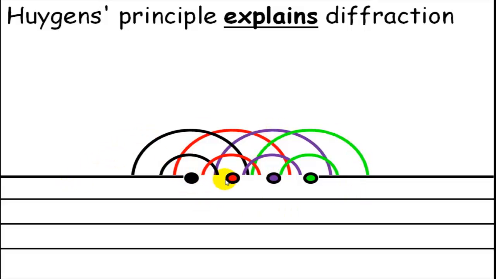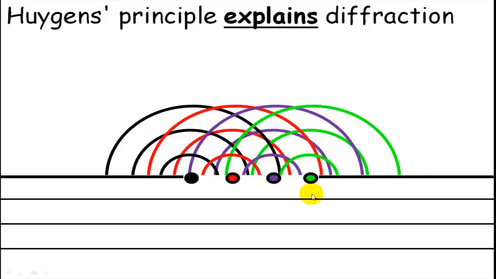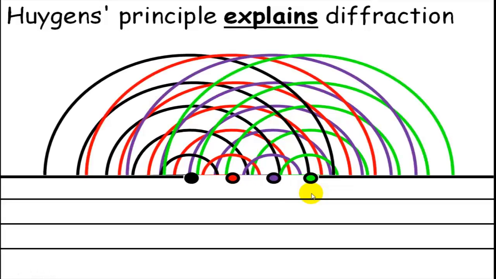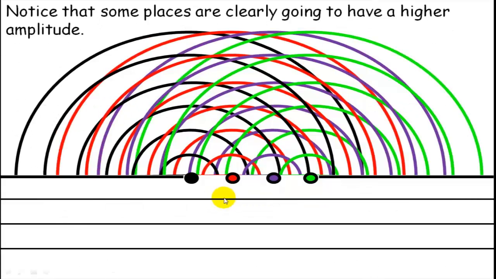Now remember, we could model this with many more points, and you'd get a clearer, more accurate picture of what really happens. Okay, and as these wavelets grow, you get some interesting things happening. I think it's pretty clear to see that here you're going to have very strongly reinforcing and a high amplitude of wave, and the same here, here, and maybe around here it's going to be a little bit messed up, not quite reinforcing. In other areas you can see that this black line, the purple line or the red line